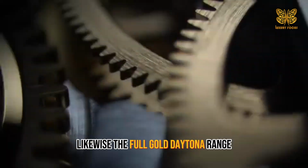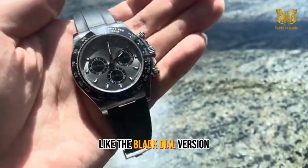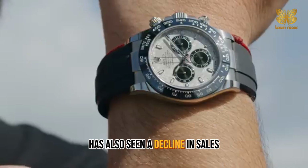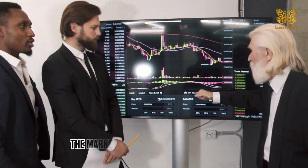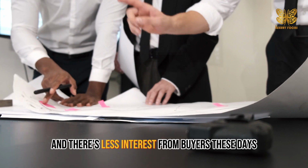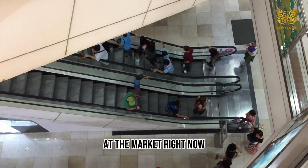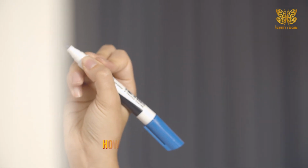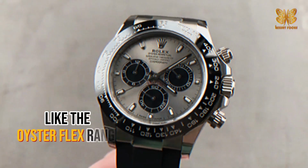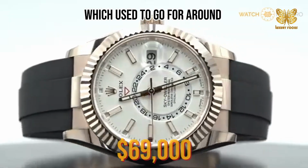Likewise, the full gold Daytona range, which includes stunning timepieces like the black dial version, made entirely from 18-karat rose gold, has also seen a decline in sales. The market has certainly hit the brakes, and there's less interest from buyers these days. It's crucial to take a good look at the market right now, and that's why we're talking about how things have changed. Let's focus on some watches, like the Oyster Flex range, which used to go for around $69,000 not